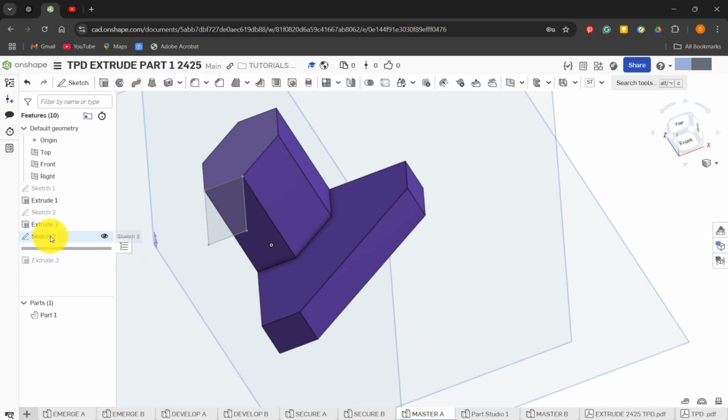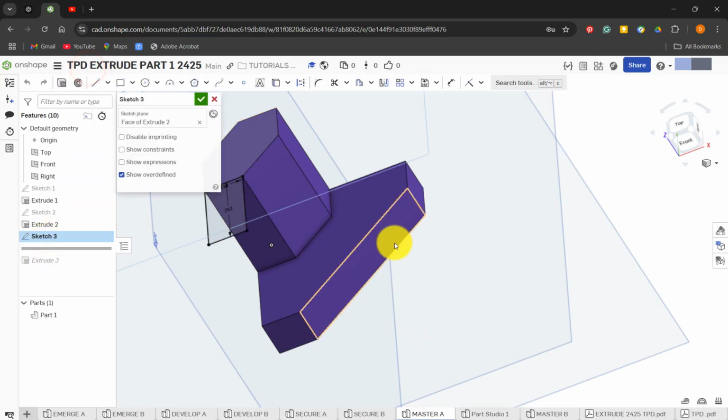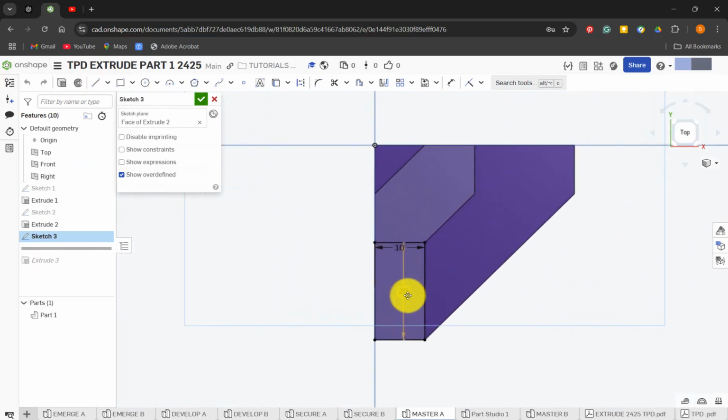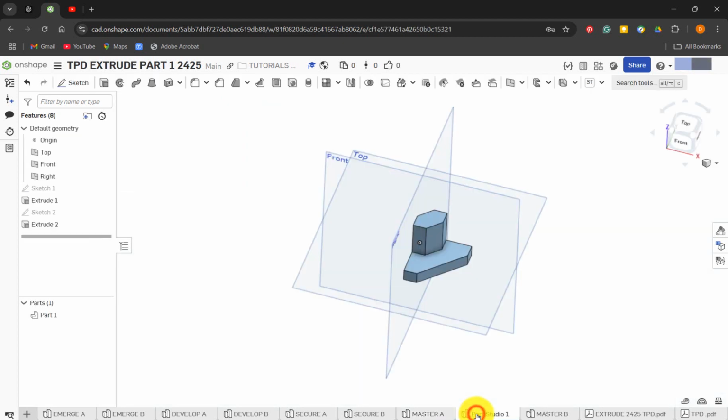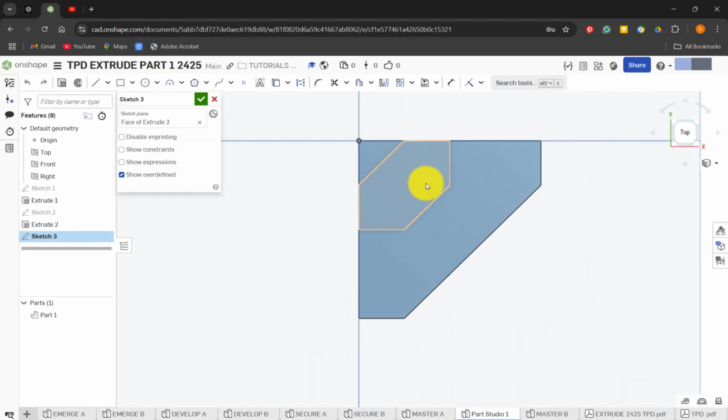So I did a little sketch, this time on that top surface, and if I zoom in, let's have a little look. That's quite straightforward: 10 millimeters by 20 millimeters. So click that surface, click sketch, N for normalize, and I'm going to come down and draw basically